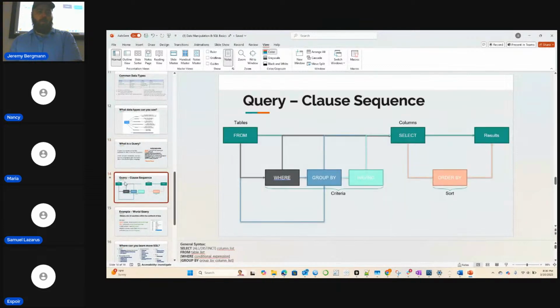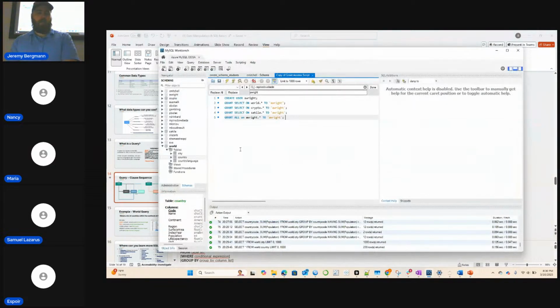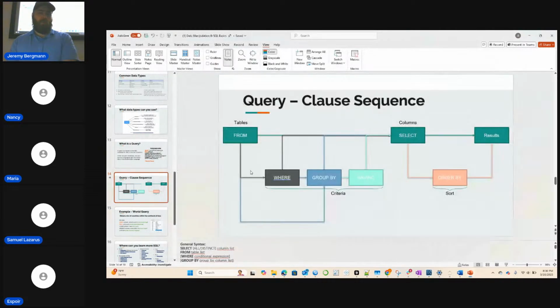Okay, so query sequence, this is how the database interprets it. This is a little bit important to know, so you know how the database is working and how it returns the information you're getting in your IDE or your MySQL, in this class, MySQL Workbench. So you have the FROM, so it selects your table first, and then WHERE, the second part, limits the number of records, so keep all the columns, but it'll limit the records.